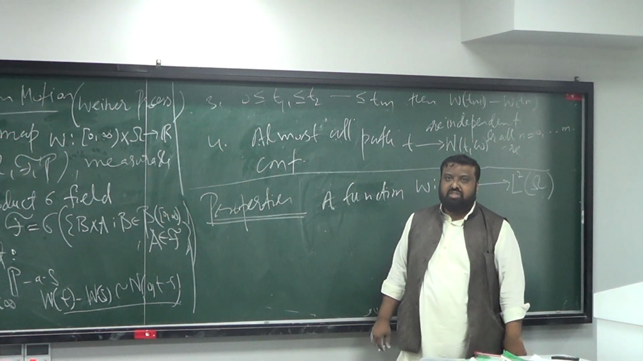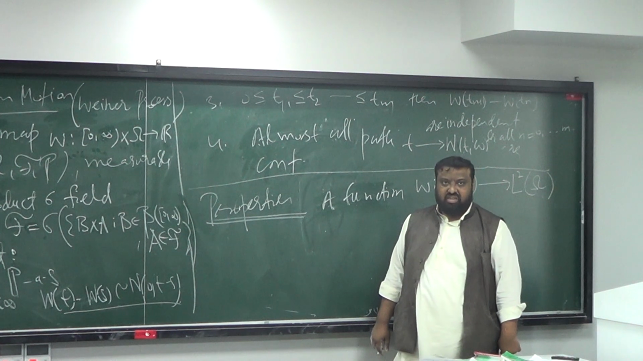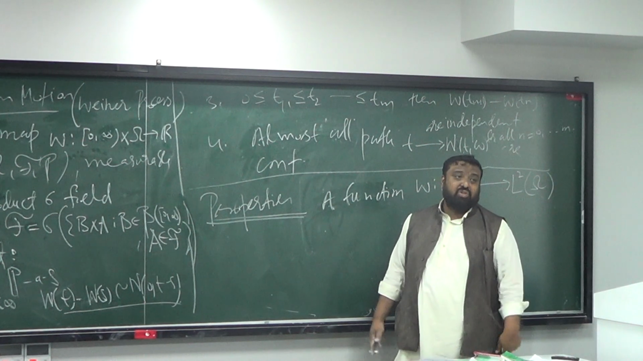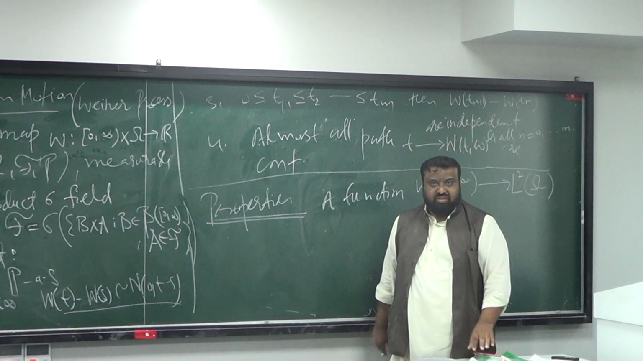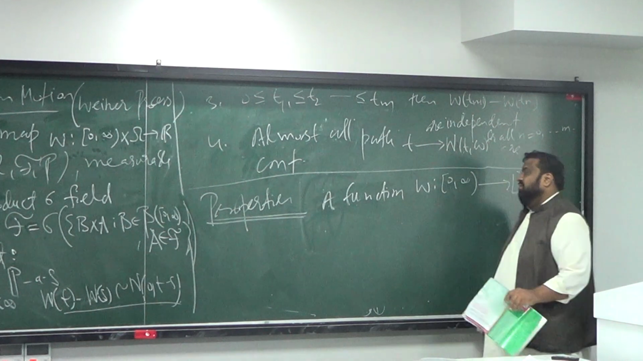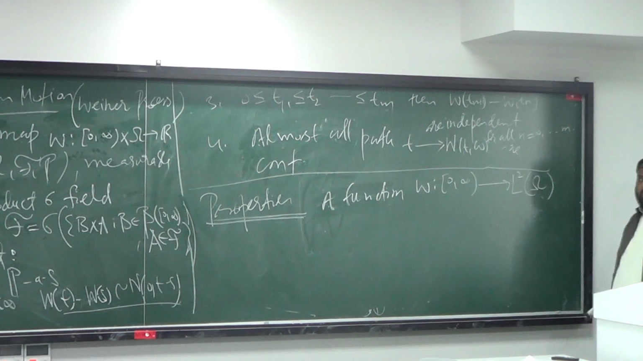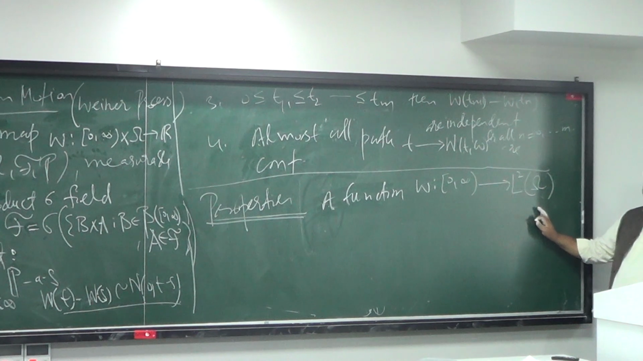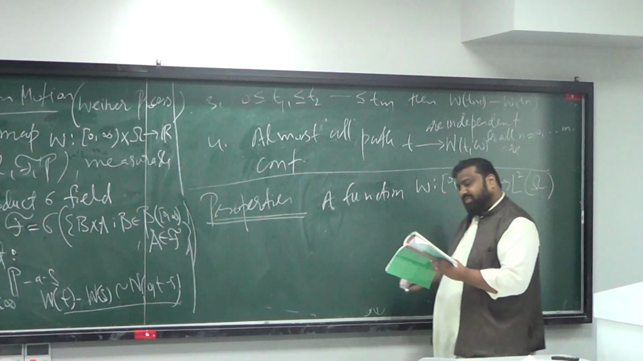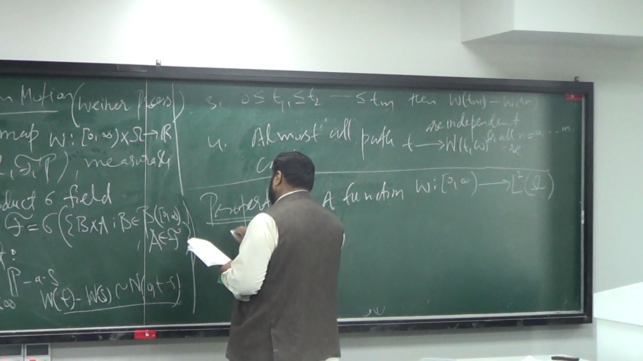Since the variance of this is t, the variance is equal to the expectation of W_t squared, and that is finite. Therefore, at least we saw it's well defined. Okay? So this function will be the process